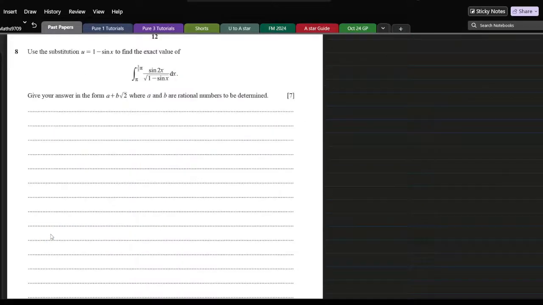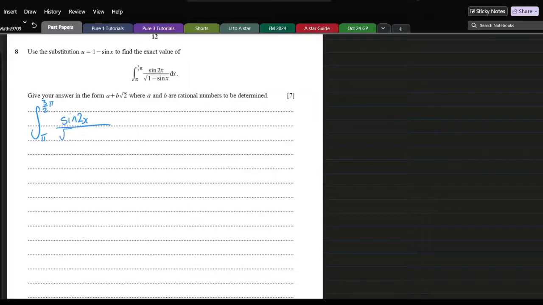Number 8. Use the substitution u equals 1 minus sine x to find the exact value of the integral from pi to 3 over 2 pi of sine 2x over root 1 minus sine x with respect to x. Give your answer in the form a plus b root 2, where a and b are rational numbers to be determined. Okay, so we are integrating from pi to 3 over 2 pi, and this is sine 2x